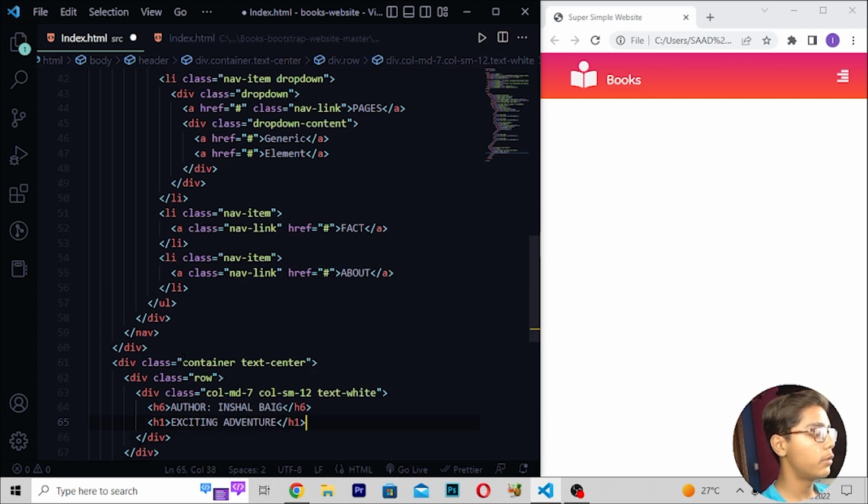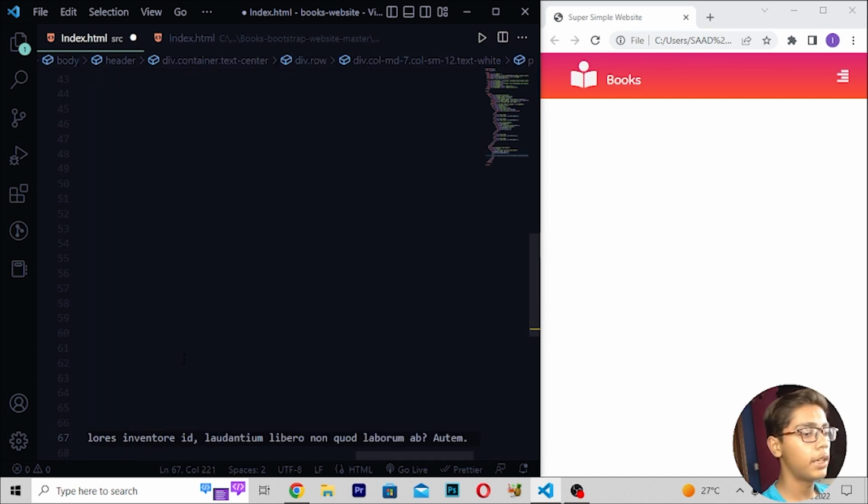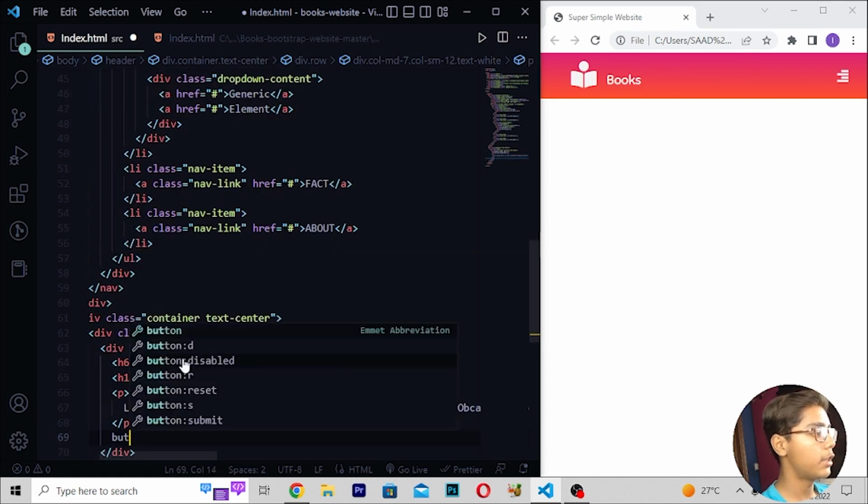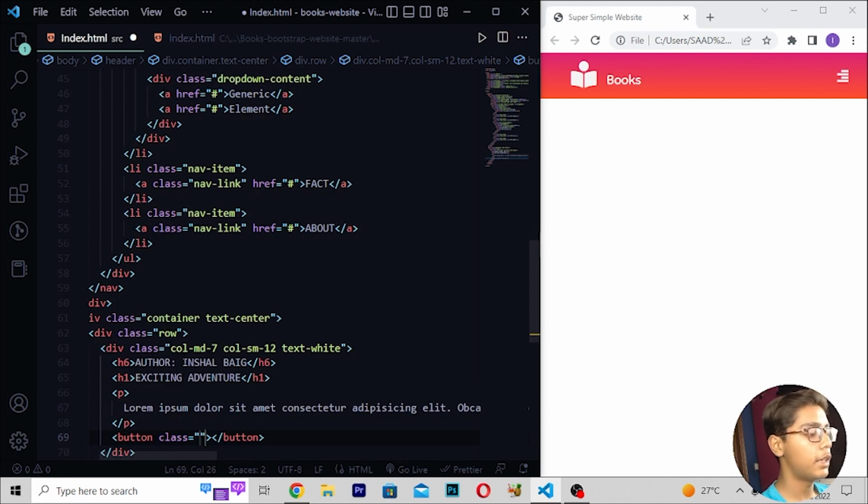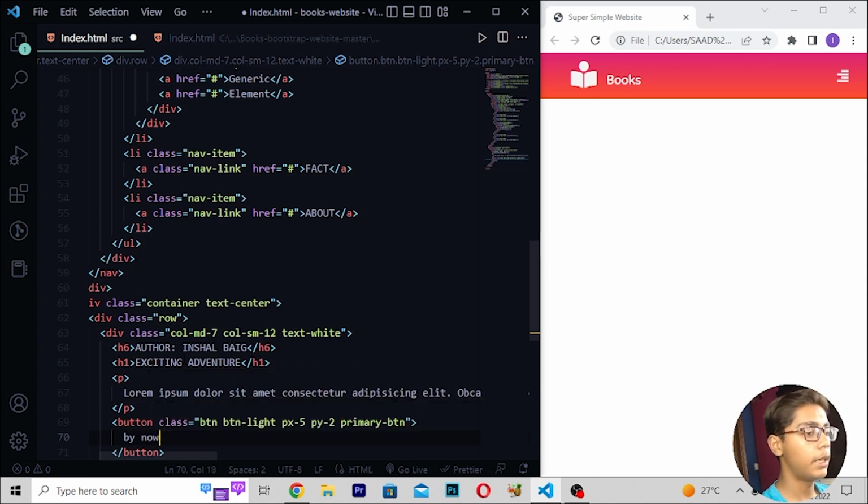Then you have to just move after this, Ctrl+Z, right here lorem tag, then right here button, and then right here class which should be btn-light, then right here px-5 py-2, then right here primary btn. Then you have to just move down, right here buy now.